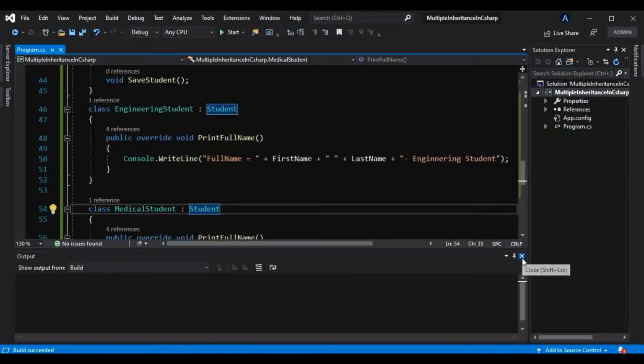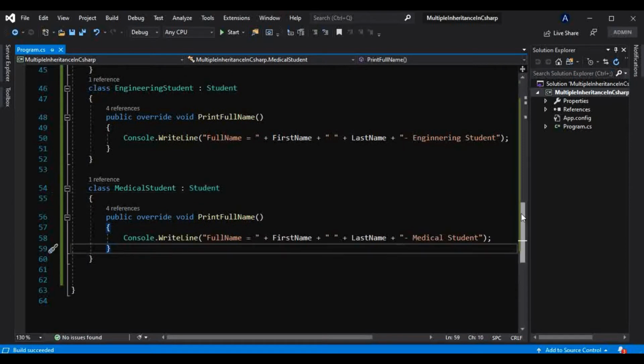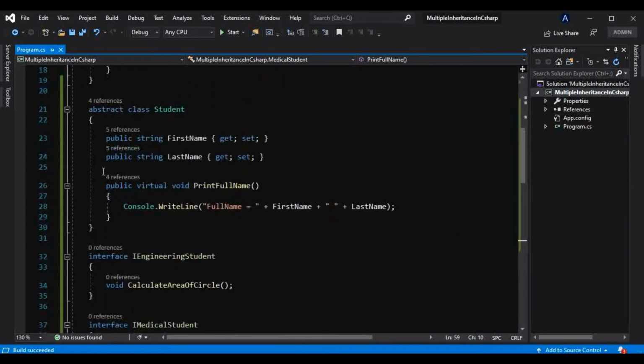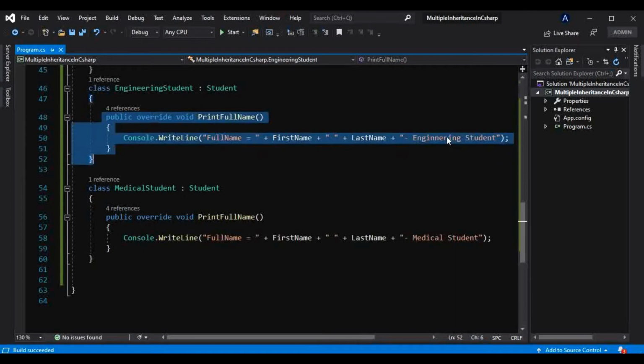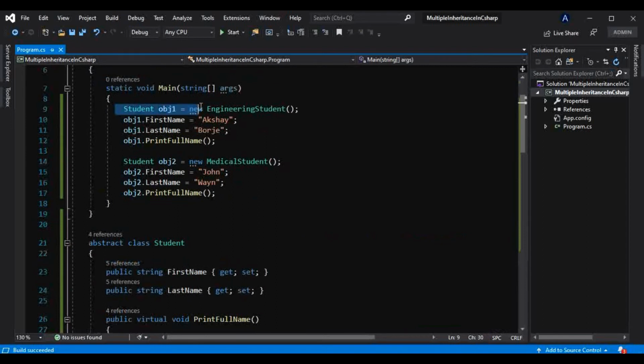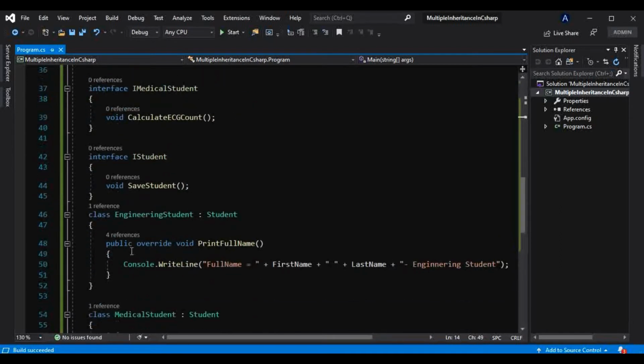Okay, so even though there is a method in the base class that provided that implementation, it is only showing first name plus last name. But by making this method virtual, the derived class can provide its own implementation like this, and by creating the object through a reference variable of the base class, we are able to call that overridden method.